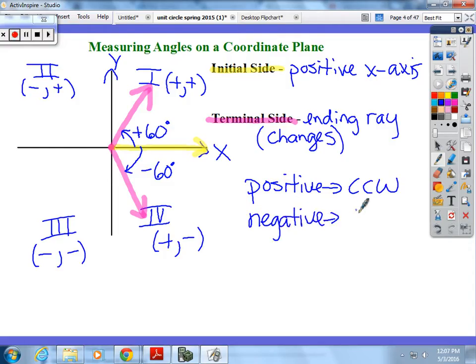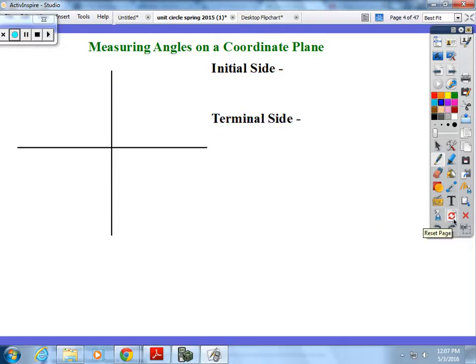So we see CW for clockwise, the clockwise direction. Okay, so there's your basic things you need to know about the unit, about the coordinate plane and measuring angles in the coordinate plane. One more thing I want to show you is if you've got an angle in the coordinate plane that measures more than 360 degrees,